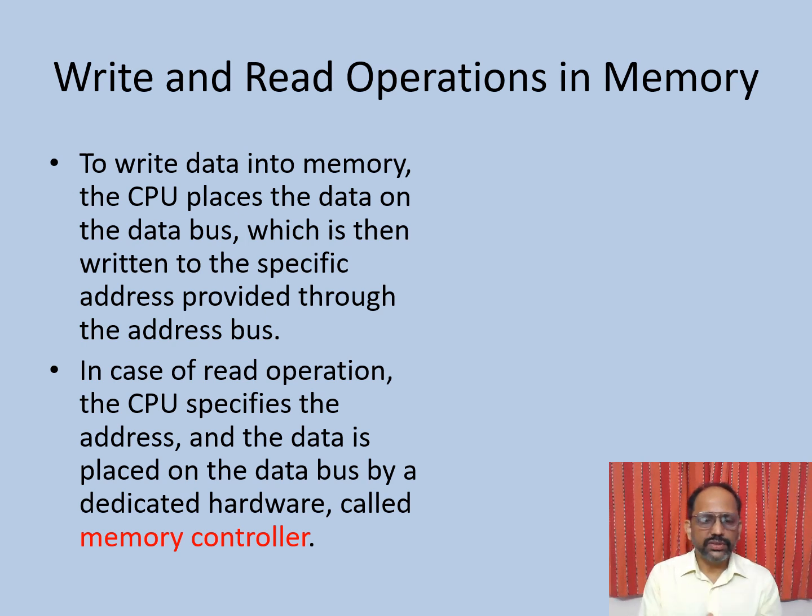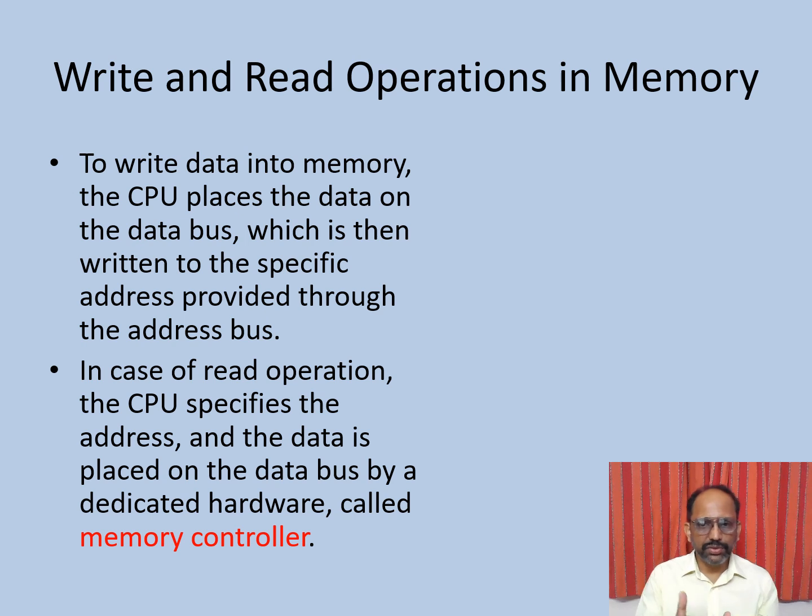So far you have understood how read operation and write operation take place in the memory. Now what does the data bus carry? It carries the data. What does the address bus carry? It carries the address location for the data. What does the control signal carry? It carries either the write control signal or read control signal. Now the question is, how is the